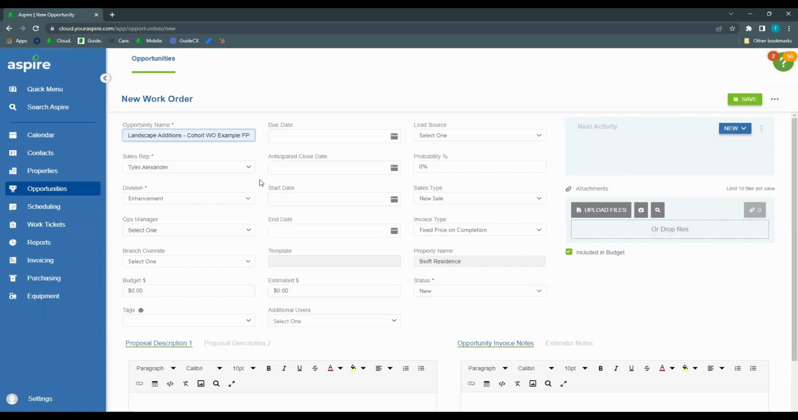Feel free to type whatever it is that you would like. The sales rep will auto populate to the current user. If it's someone other than the person creating, they'll have to click the drop down and select the correct salesperson. Division. Since this is a new work order, this is pulling from what we have set up